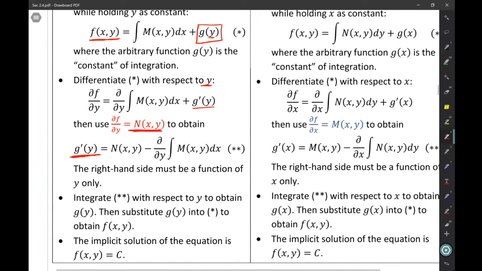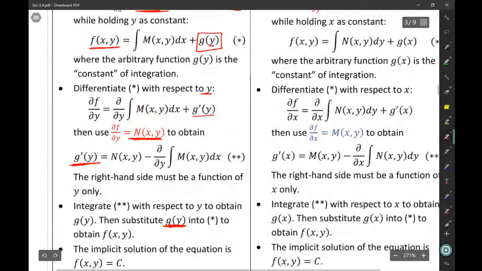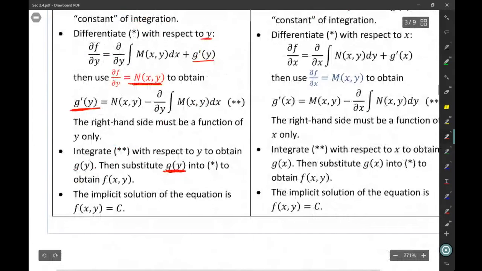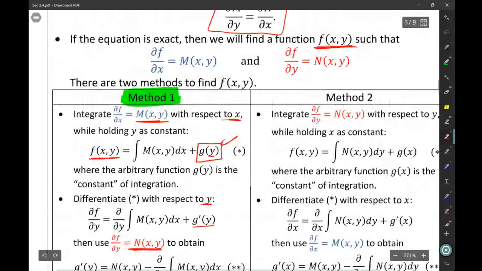Now, to obtain the function g prime of y, then integrate g prime of y to get g of y, and go back, substitute it here, and that's all. So basically it is 3 steps only. Now if you start with this method,